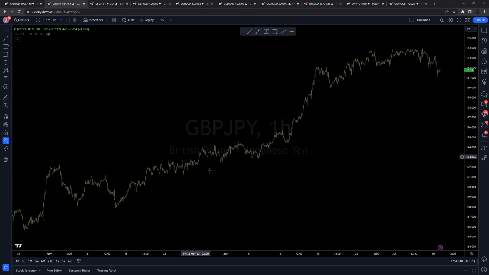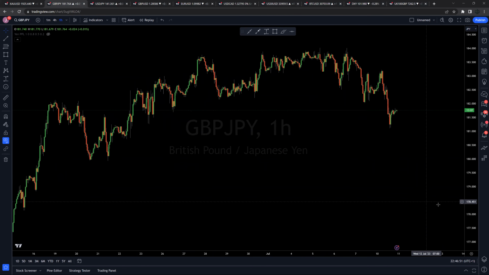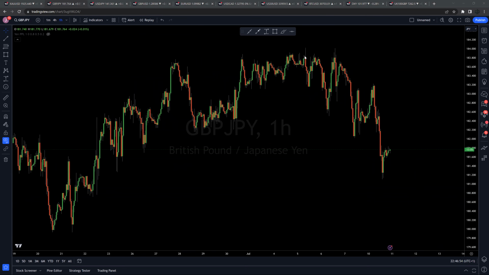Or you can see this example with GJ, right? You can see GJ here clearly failed to break these highs around 184. At the same time, we're starting the new business quarter, and the Japanese yen index is doing a pullback from these new intraday lows. Overall, it's been very bullish, but as we're entering this secondary phase of market structure, ever since the first signs of exhaustion from these highs, the downside has been very, very choppy, right?